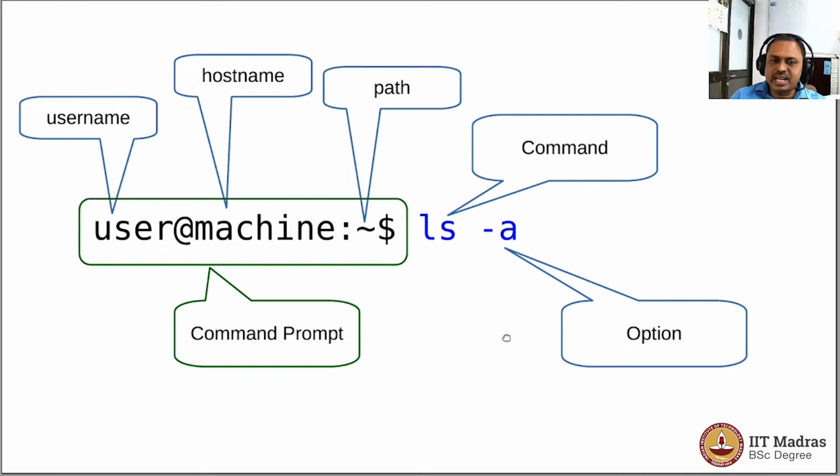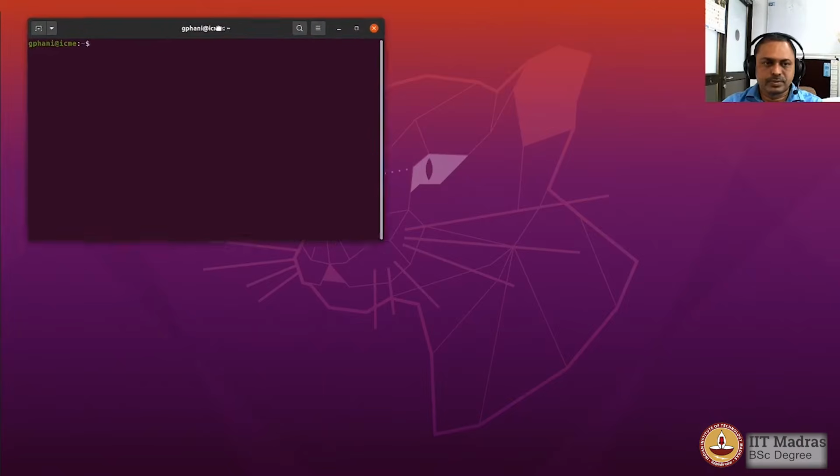For now, you see that the command prompt has the username and then an @ symbol, after that the name of the machine, followed by a colon, and then the path where the command is being executed, and then a dollar to signal that from then onwards you can actually start typing. And the command that we typed is ls, and sometimes for some of the commands we need to give some options, and here is an example: ls -a. Now let us look at how this command would look.